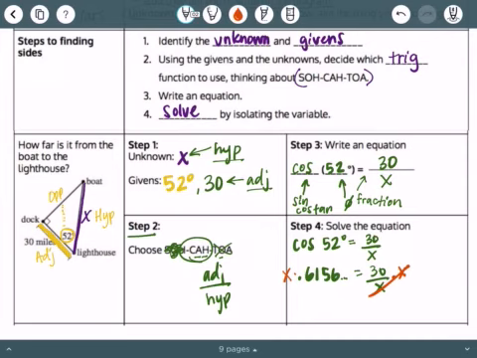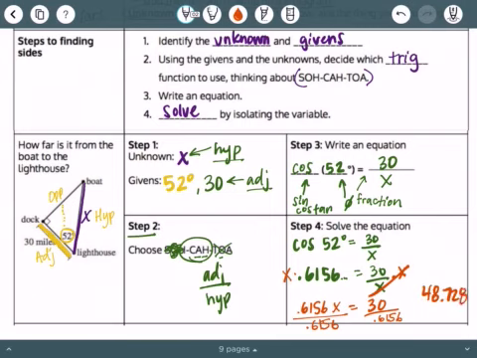That helps me to cross out x from there. I have 0.6156x equals 30. I'm going to divide by that decimal in order to get x by itself. So 30 divided by 0.6156. On my calculator, I'm going to type 30 divided by my decimal. And that's going to give me